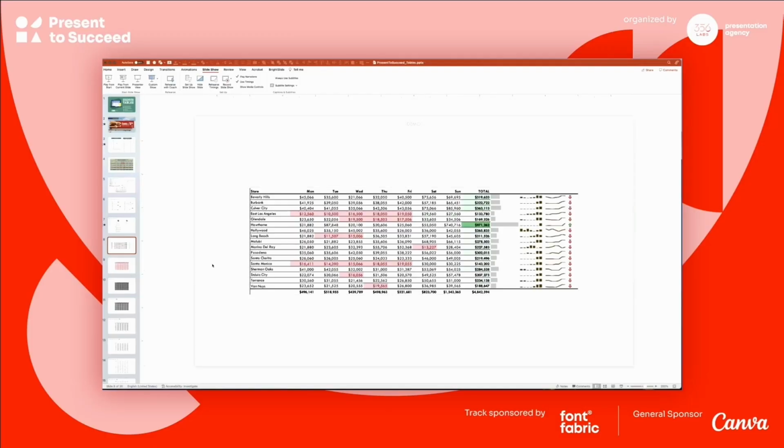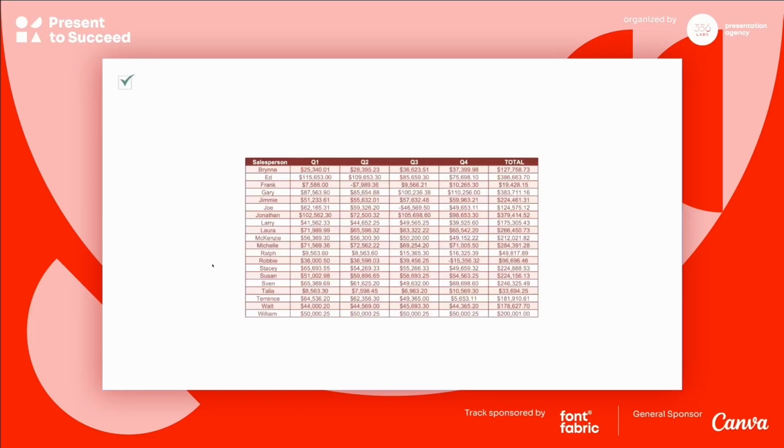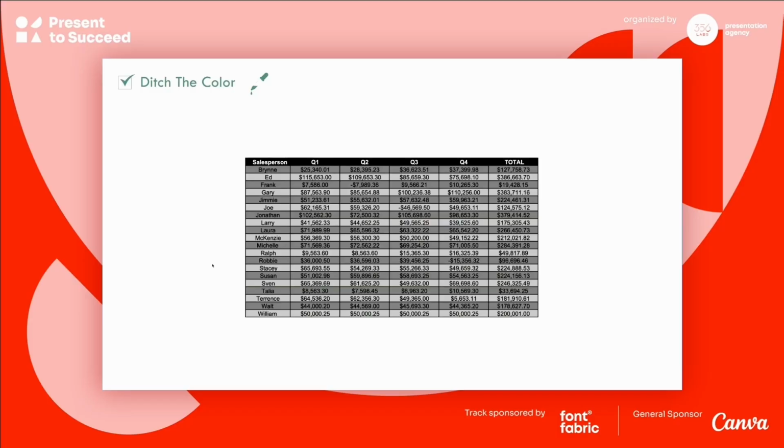That's just number one. Regardless of the kind of table we're using, let's talk about design. We're going to go through the next 11 steps. Number one step is please, please, please ditch the color. Get rid of the color. Color is for emphasis and highlighting. I don't want to see colored tables. They're really hard on the eye. Get rid of it. I know PowerPoint pushes you. They're like, yeah, let's use your brand colors.